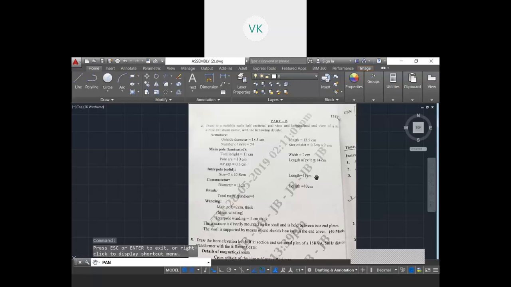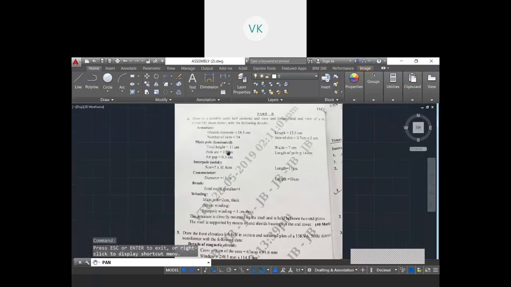This 2 centimeter will be the depth and 0.7 the width of each slot. Coming to the main pole, the total height of the pole is given as 11 centimeter and width 7 centimeter. Pole arch is 10 centimeter and the air gap is 0.5 centimeter. The length of the pole, once again used in your side elevation, is 14 centimeter.